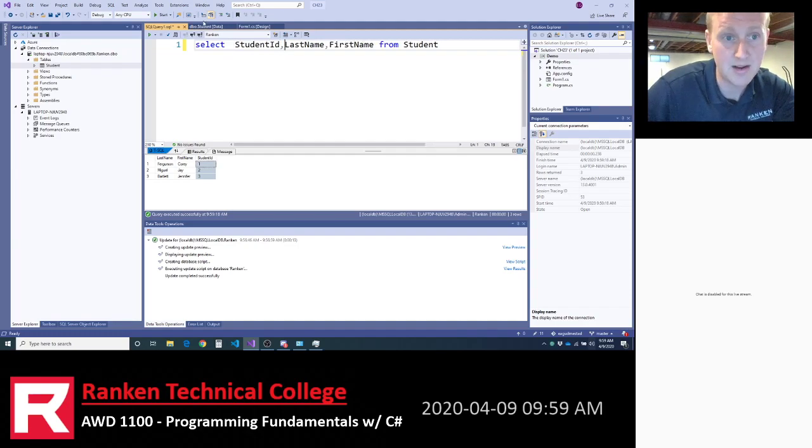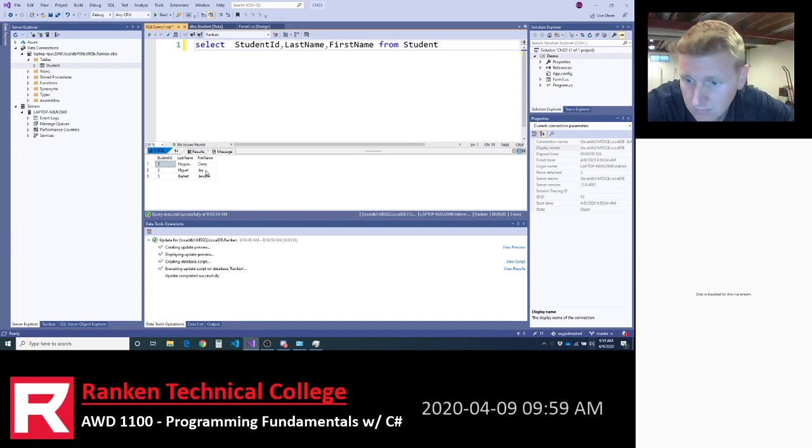You know, you get the general idea here of this result table. Mr. G, what are those tabs down there? T-SQL, results, messages. It's in blue.